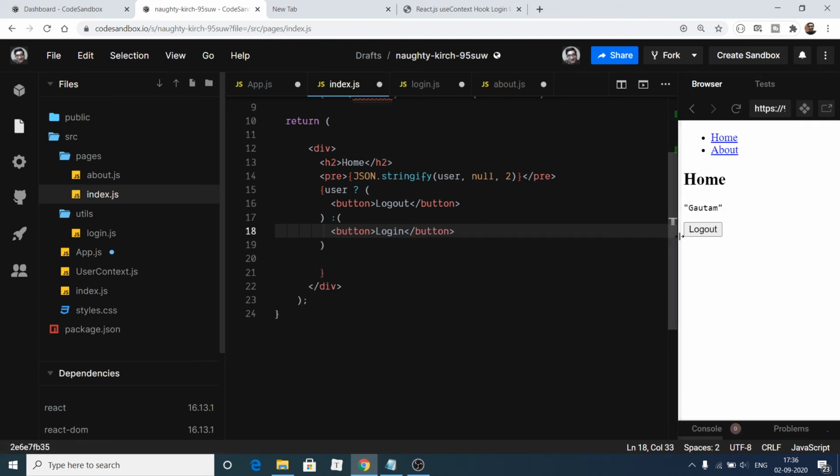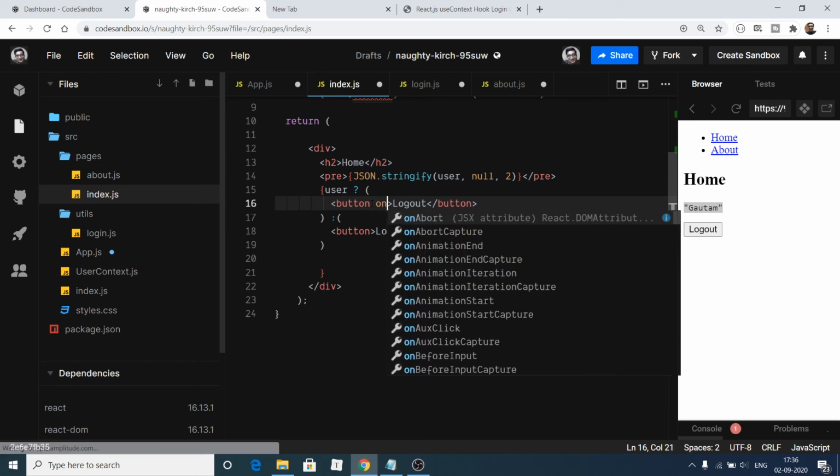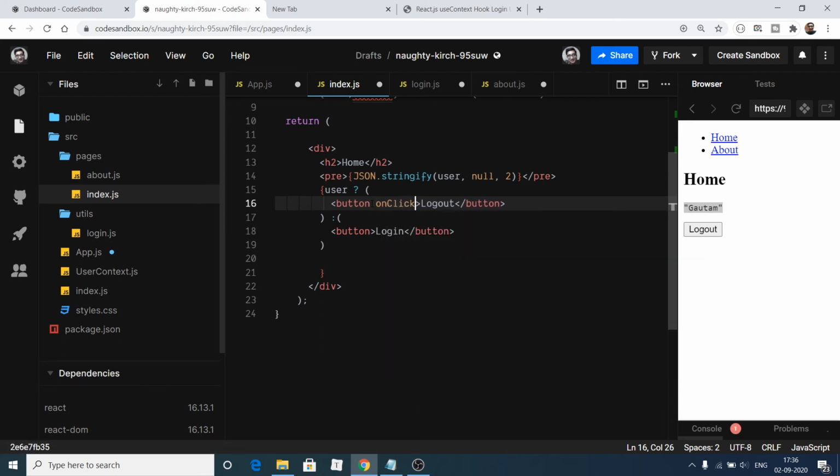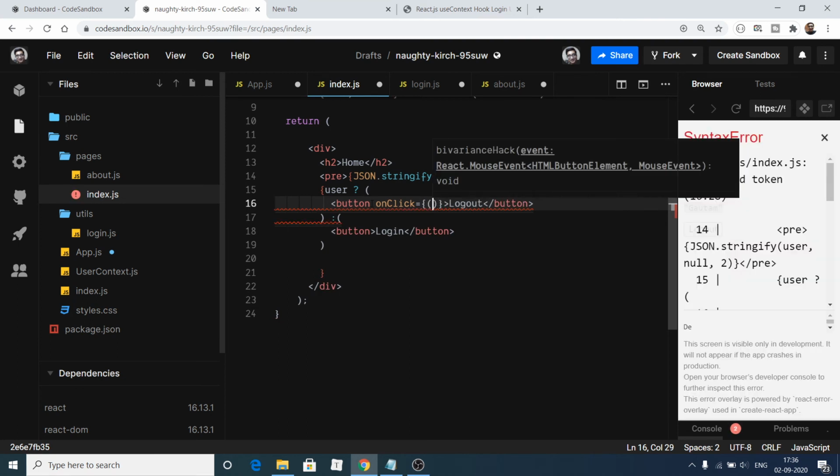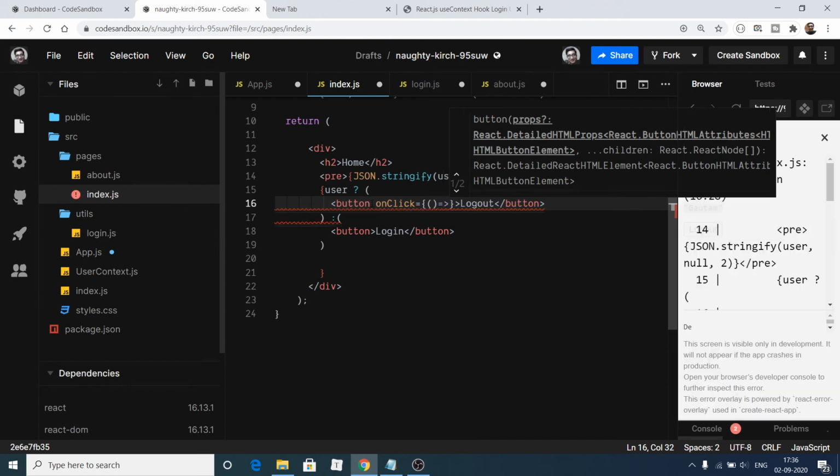So if I just refresh this, you will see the user is present. So we are seeing this logout button, and we need to bind a simple click listener. So on click, when we click this button, we need to bind a function here which simply logs out the user.